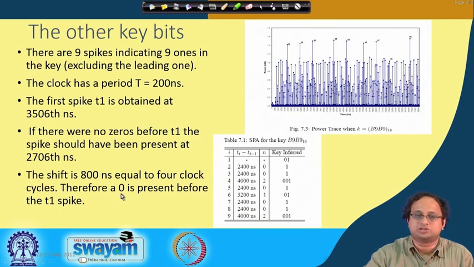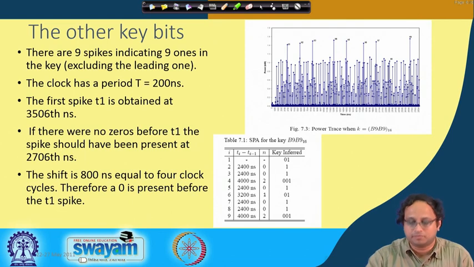Because if there is a 0 present, then for that 0 you are doing a doubling operation. That means even before this spike has come up, there are doubling operations, okay. So there are 4 doubling operations. Basically what I am trying to say is that it is quite easy to obtain the time period between 2 successive addition operations, but how do you get the number of zeros before you get the first addition done? In this case we observe that it should start at 2706 and it starts from 3506. So there is a delay, a shift, and that shift is because of a doubling operation, okay.